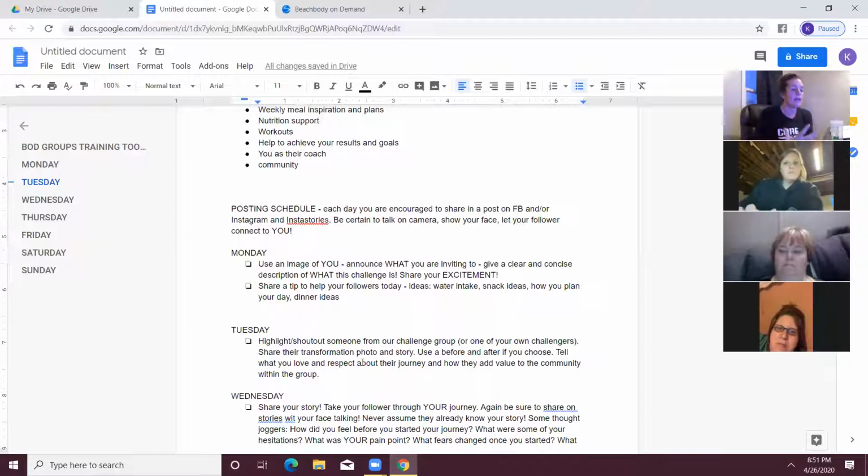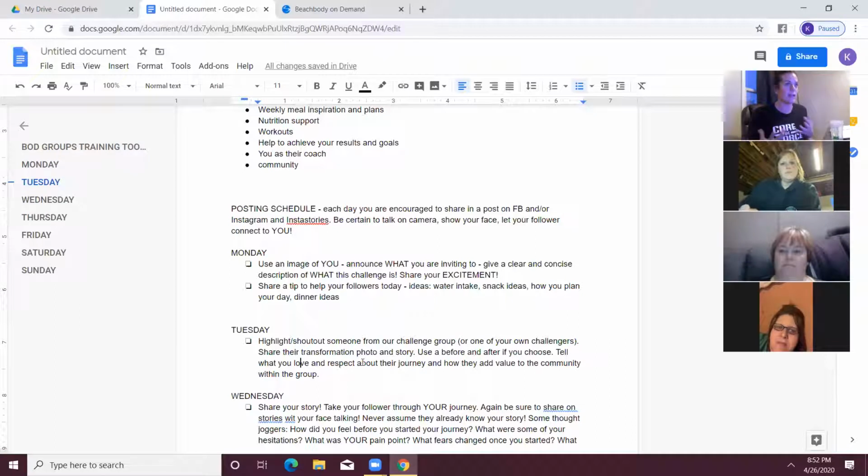But the reason I'm suggesting that, and I have to tell you, I struggled with this one because I hate that transformation photos sell. I have this moral dilemma with it because I don't ever want people to think that this is just about weight loss. That's not our culture here. But I also want them to see what's possible. And when you take care of yourself, what's possible is oftentimes that weight comes out, you get in better shape, you feel more confident. You guys, I'm preaching to the choir, I know, but I think that showing them what's possible, I'll never stop showing transformation photos because of that.